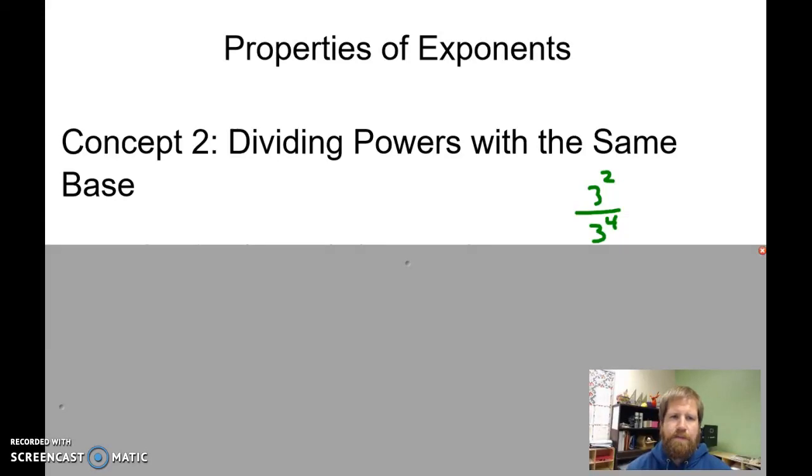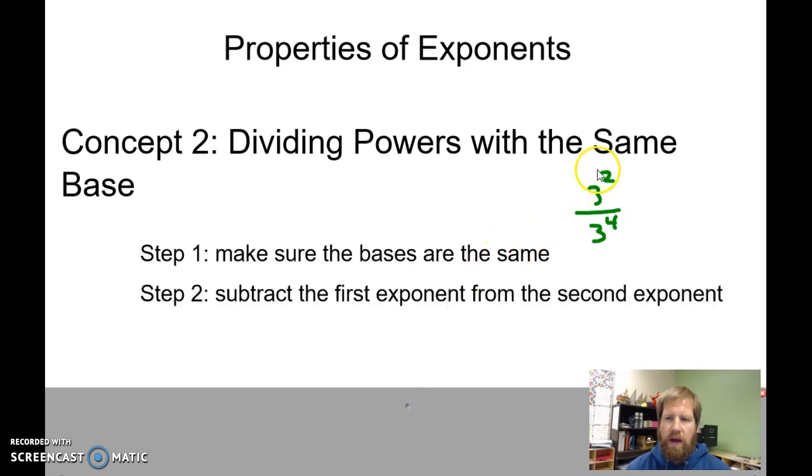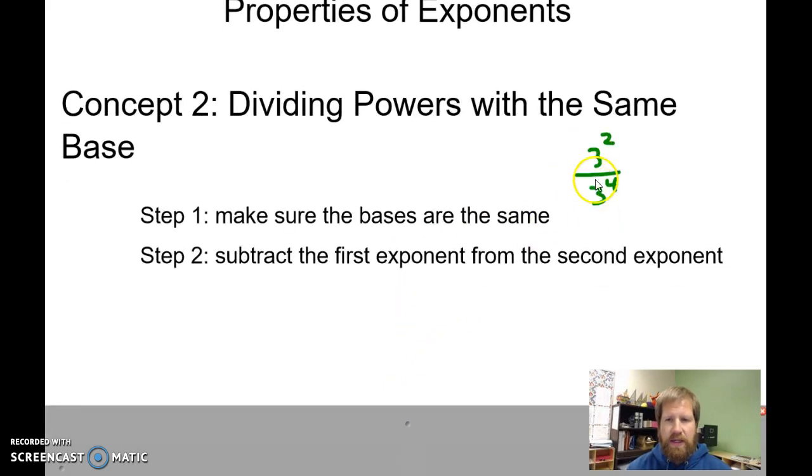Properties of exponents. Concept 2, dividing powers with the same base. So we have a situation where we're dividing two numbers. Both of them have exponents and both of them have the same base. All we have to do is make sure the base is the same, but then subtract the first exponent